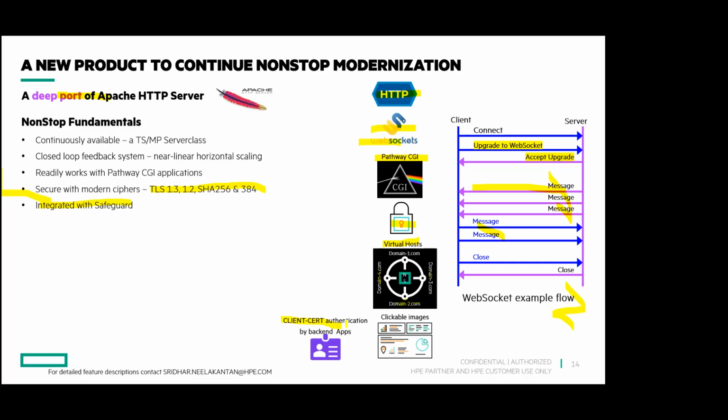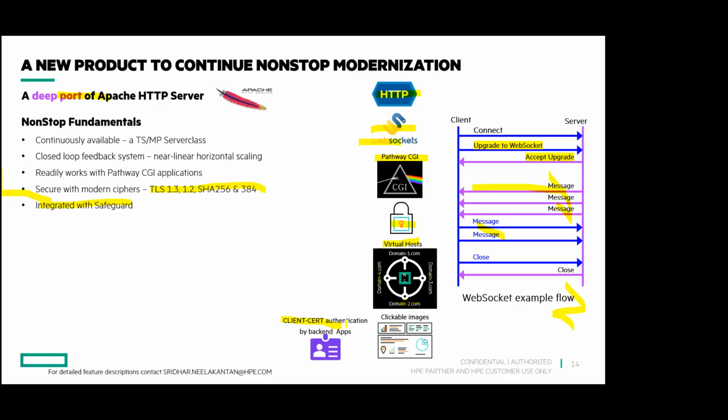In addition, if you enable this client cert authentication, the HTTP server can pass on the certificate to the backend application, which is sitting behind the web server. Backend application, let's say I'm again assuming a servlet deployed in an NSJSP container. So that servlet application is a business application. Probably it has more intelligence in order to evaluate the certificate. So then it can take a decision and inform the HTTP server whether that's accepted or not. And then the HTTP server will respond to the client, to deny or accept the client's request. So this is client certificate authentication that's enabled in the 1.1 version.